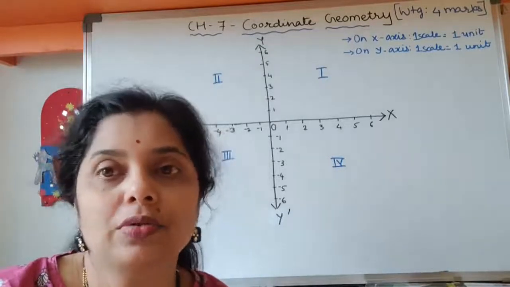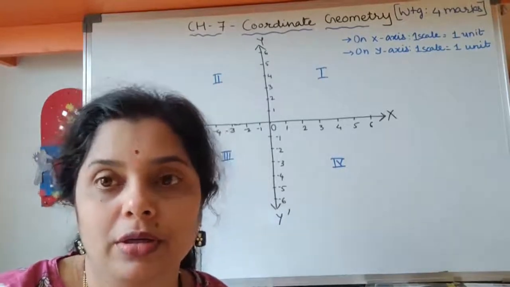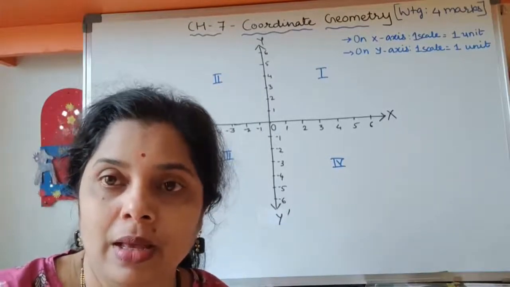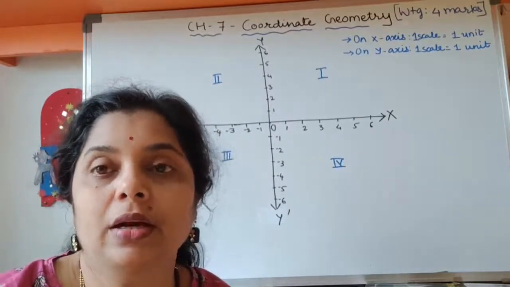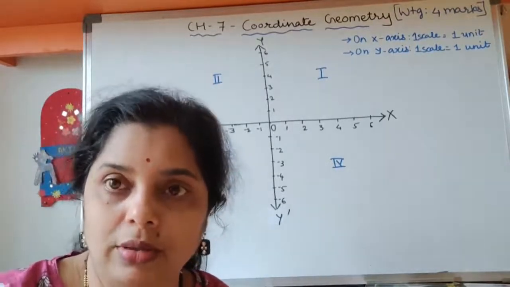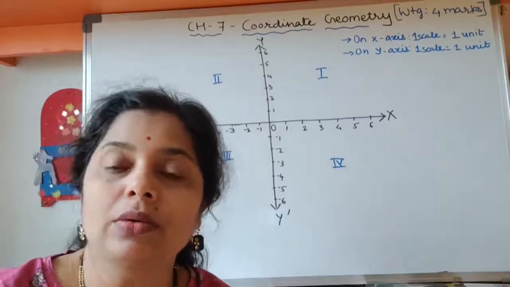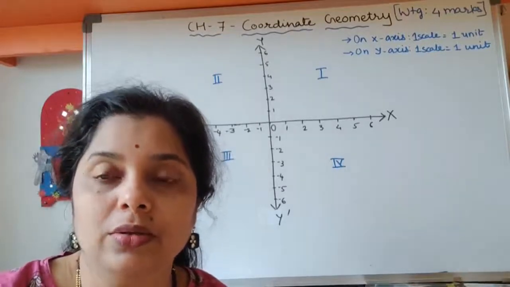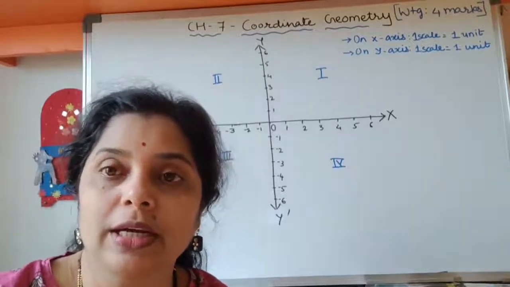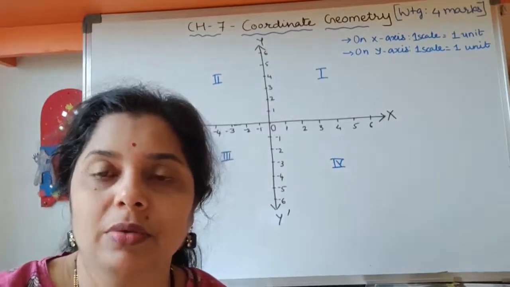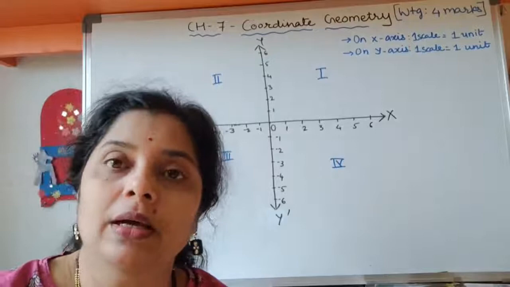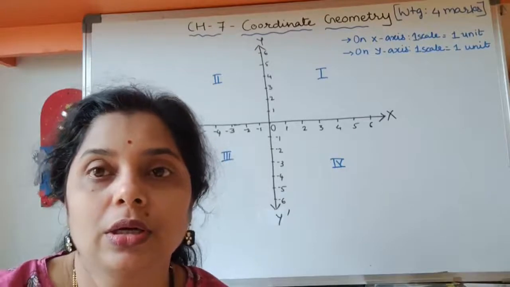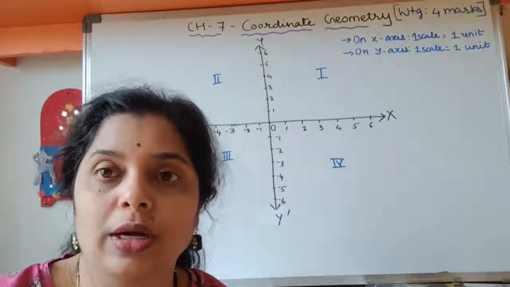In 9th standard, you have studied how to locate any point on a plane if the coordinates of a point are given, and how to divide a plane into quadrants. Any plane has 4 quadrants. Like that, you have studied many things related to this chapter. So it is better to recall a few things from 9th standard before starting this chapter. And the weightage of this chapter in the board exam is 4 marks. So let's see how to look at it.